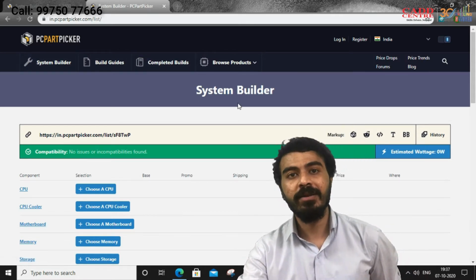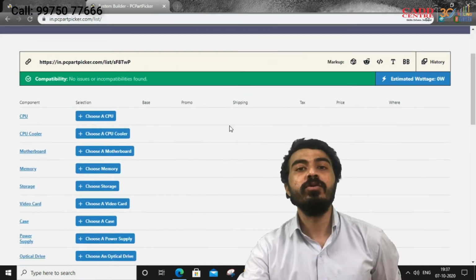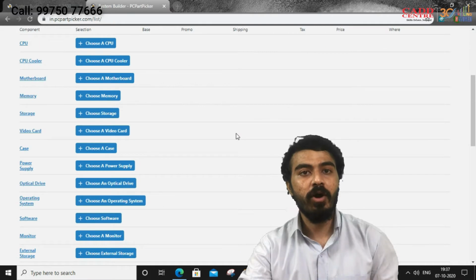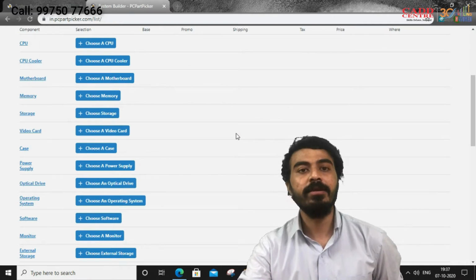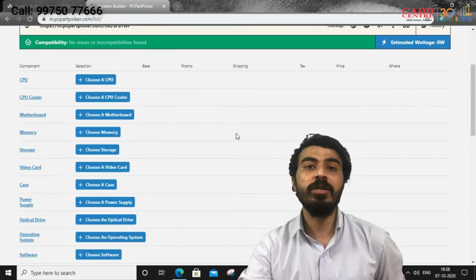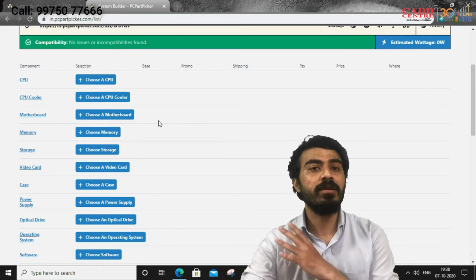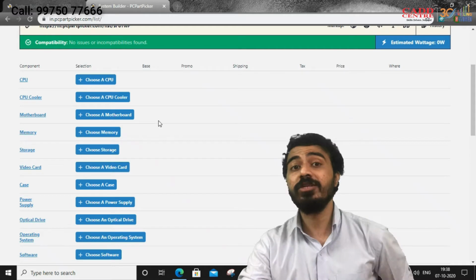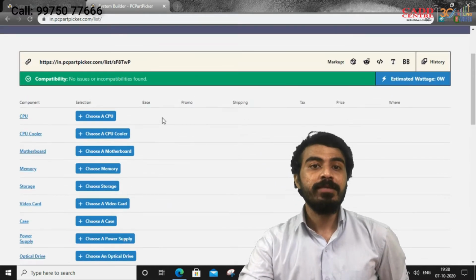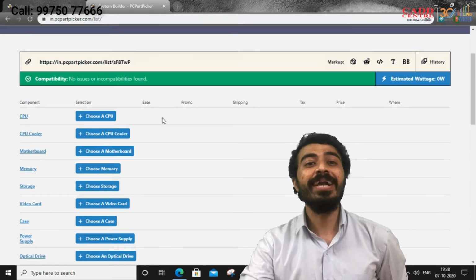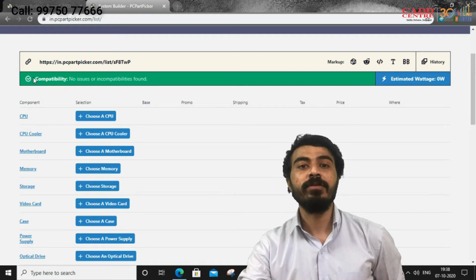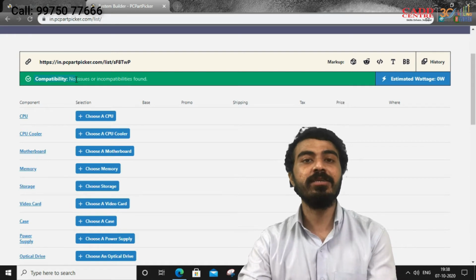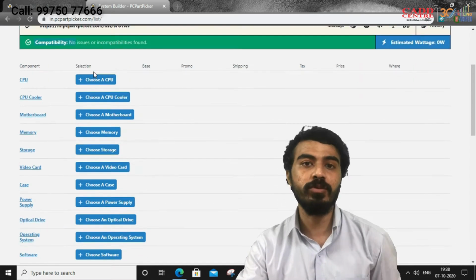In PC Part Picker, you have lots of options regarding your computer components. From these components, you can pick the best suitable component for your computer system. And one most important thing is, you can check the compatibility of your components too. Just add the component over here and check the compatibility for future use.